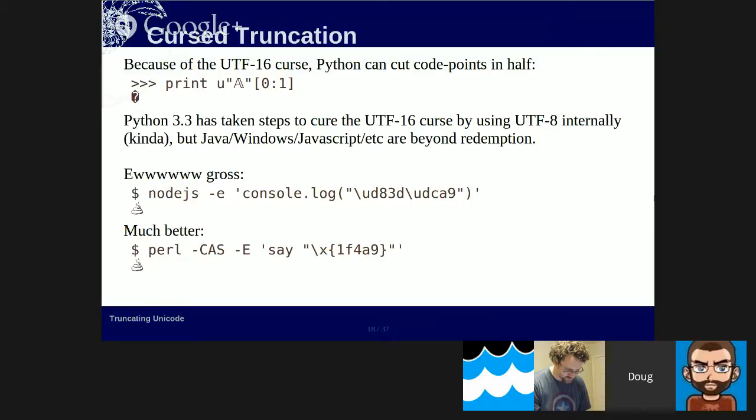Here's another really gross example of UTF-16 that's embedded itself into everything we do. With the JavaScript escape notation for non-BMP characters, you need to actually encode the UTF-16 surrogates. And it's really unfortunate that this also impacts JSON, which is used everywhere. So if you want to embed